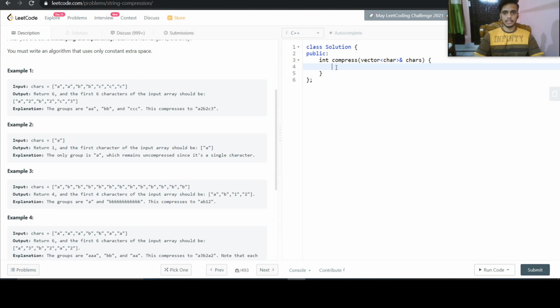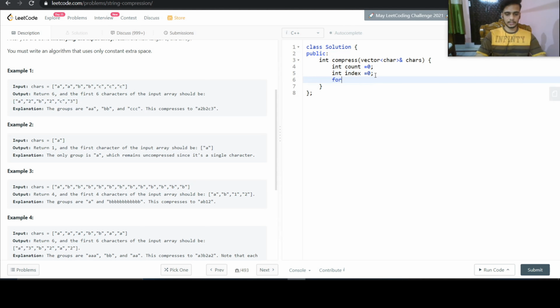So first of all, we need to return count. So let us make a count variable in which we will hold the count. Also, let us create an index variable which will keep hold of our index, so that we can change this into the compressed value.